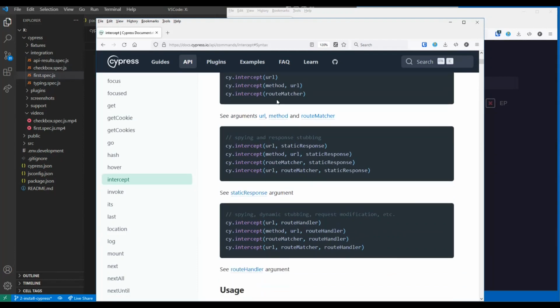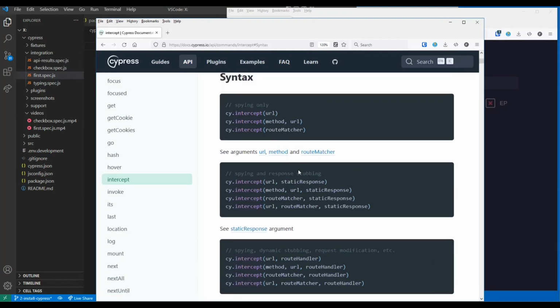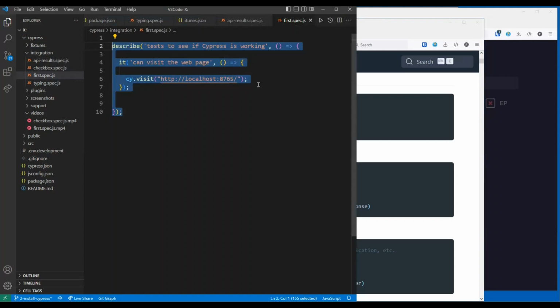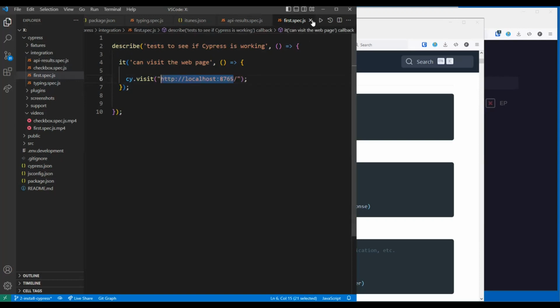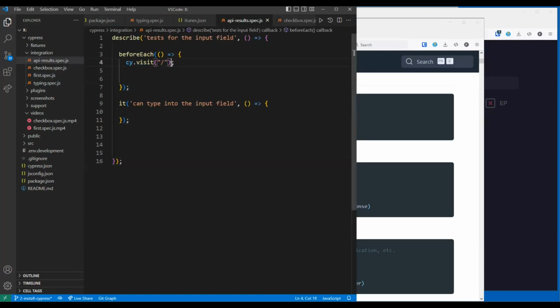So there, the method, the URL, and the static response. So I'm going to intercept the get method of my iTunes search. I'm going to give it a pattern to match as the URL, and I'll give it a static response. And that looks like this. Okay, I'm going to start with my visit. Okay, in this case, it's my get slash there. Oh, wrong one. Let's go to my results. And I'm going to use that as my base, and then I'm going to dot intercept,